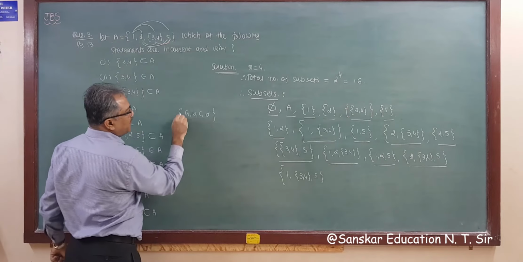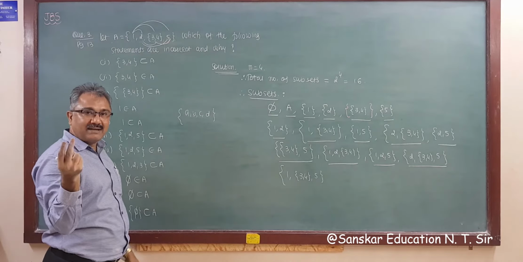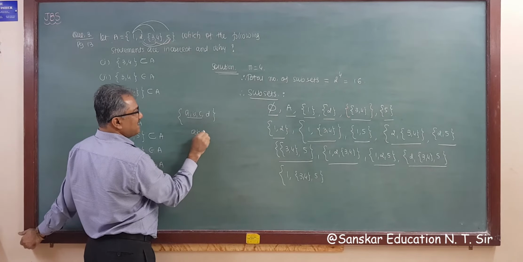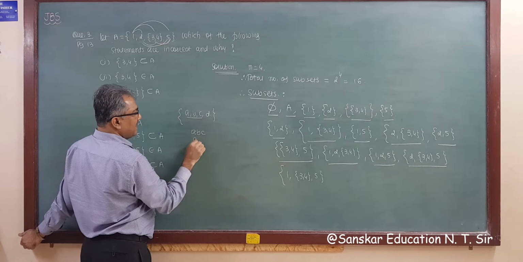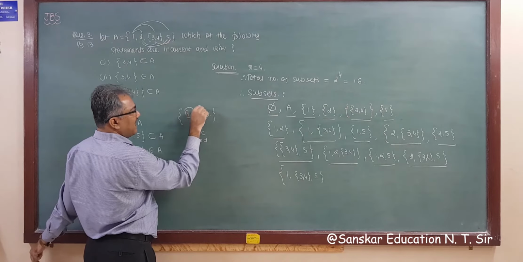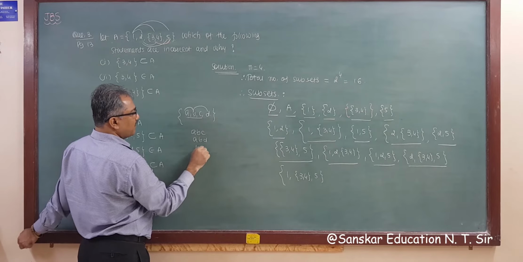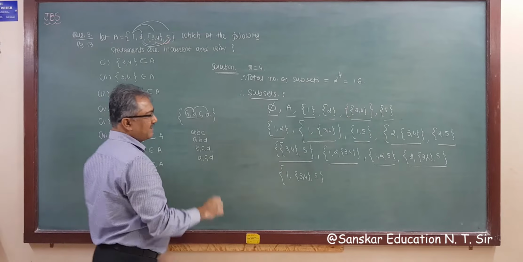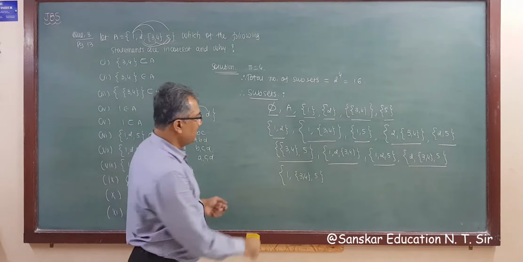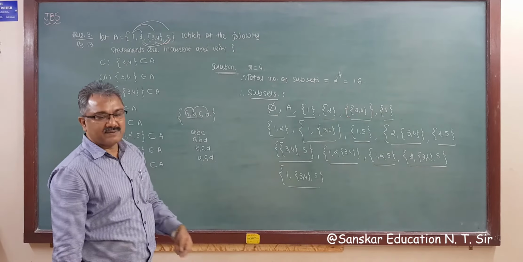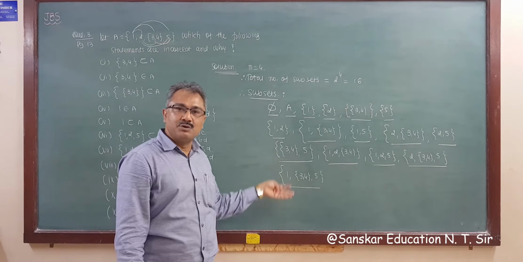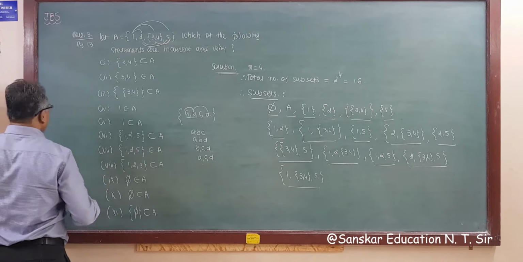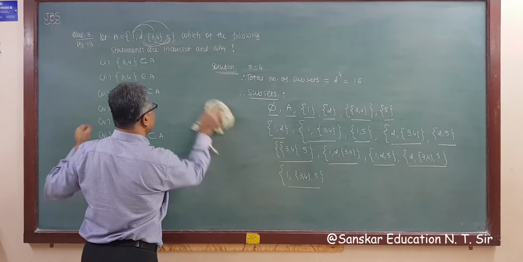Then if you want to take a triplet, you have to take first ABC, right? So first ABC, then ABD. So A, B and D. Now starting from B, you have to take BCD, and ACD is remaining. So this ACD is remaining. So now it's 16. So these are all subsets. Now this is your guide. Use this and you can easily give the answers, right?